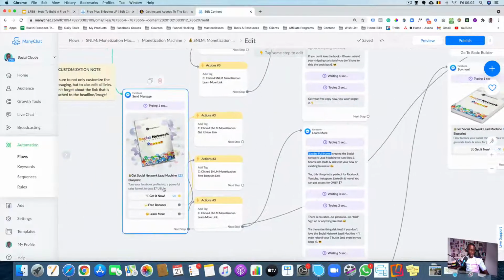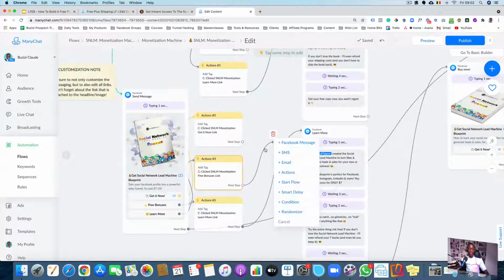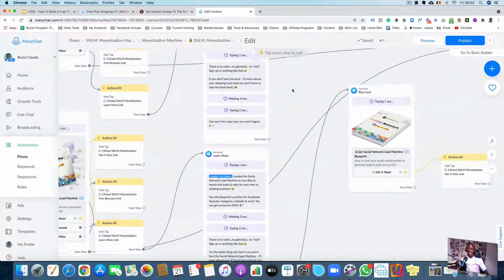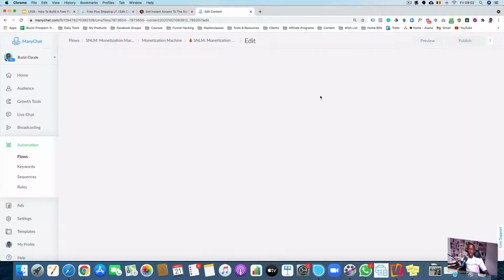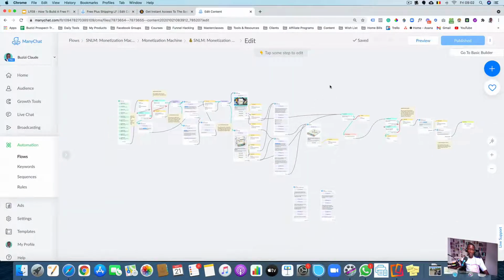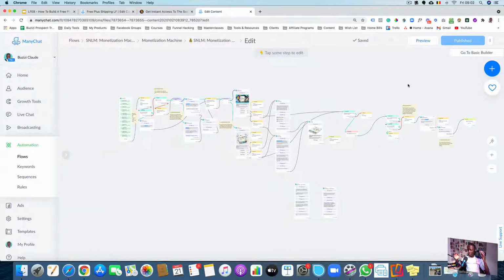You just have to follow the logic. Make sure you have the free bonus. Check where it's going, the action. You take this and then you point it to the message that you want, and once you're done, you just click publish. So I'm not going to click publish because this is actually something that is working. I'm just going to do revert to published, and then it's going to bring the whole thing that I had initially. So that's what I had for you today,